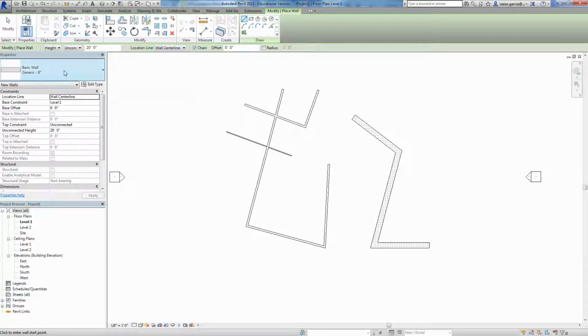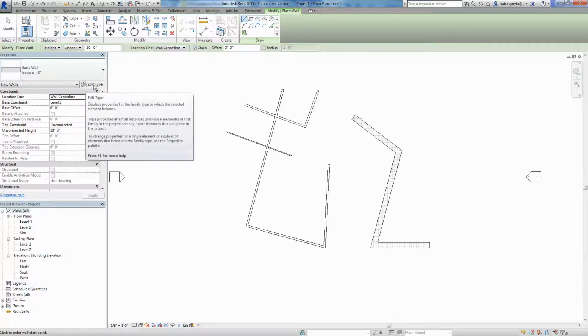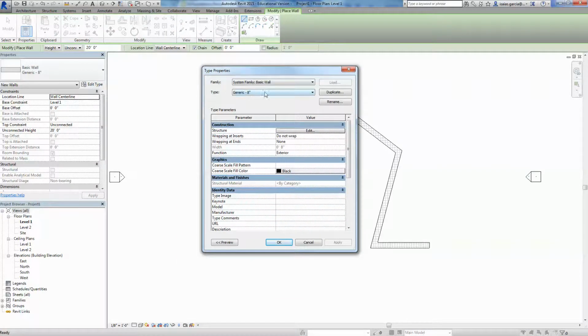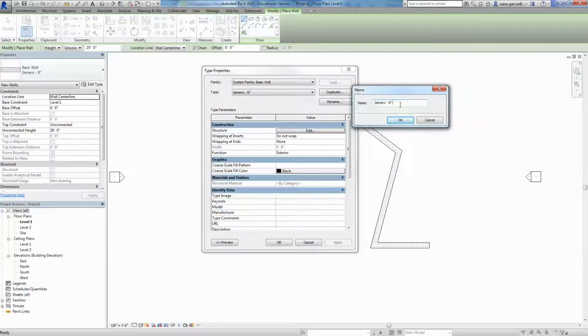You normally use the one that is closest to it, for example, the generic wall 8, and you press on the edit type. When you're in the edit type, you will see also here the same list that you get from the properties panel. You first always have to duplicate, because if I change the data or the parameters within this one, I'm changing the generic 8. Okay, so duplicate, call it however you want. Let's call it like 9 inches,